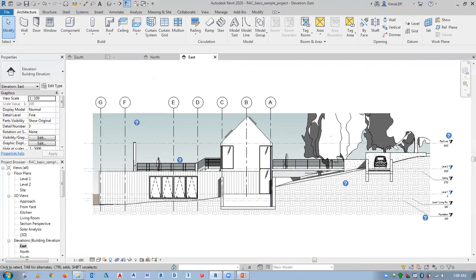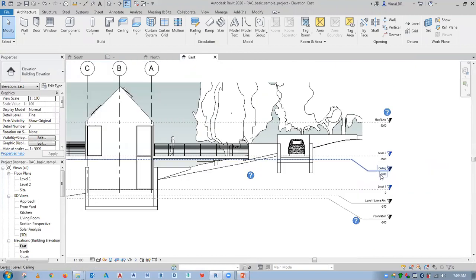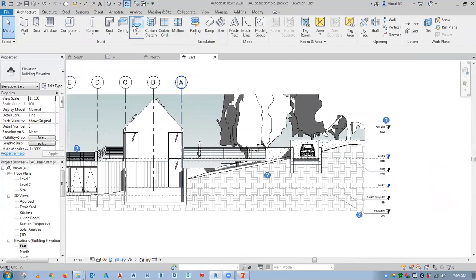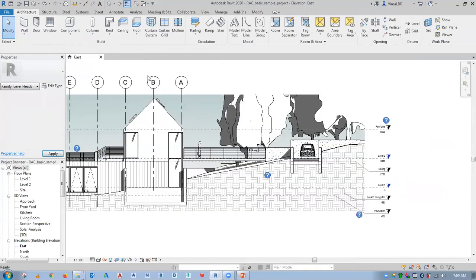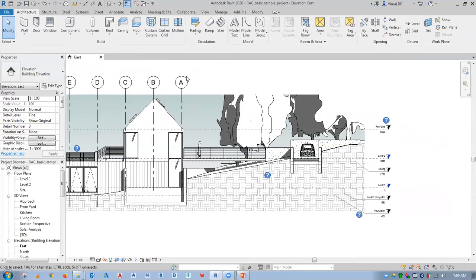So you can see that as your 2D families. Okay, so I hope you're clear with this. Now let's move ahead. Let's say I want to create 3D families. Maybe I want to create a